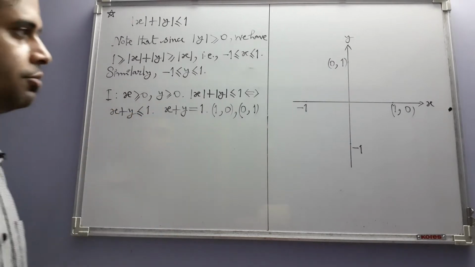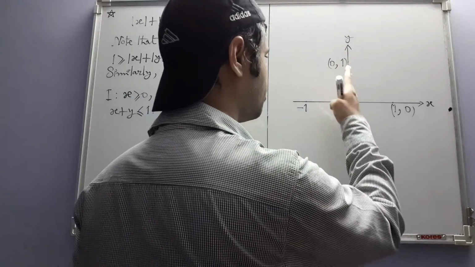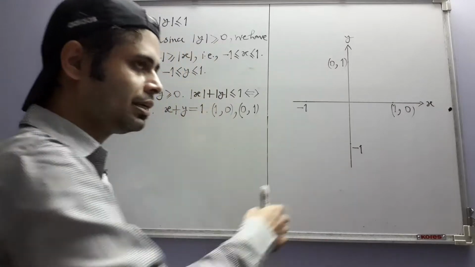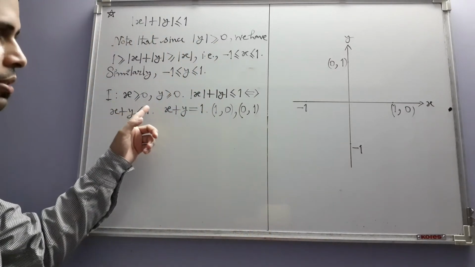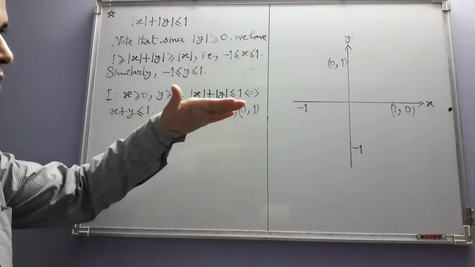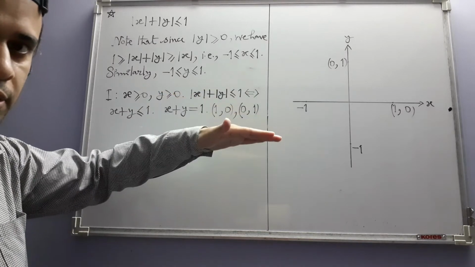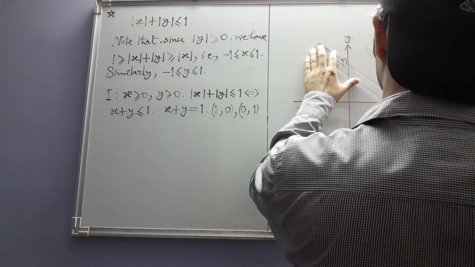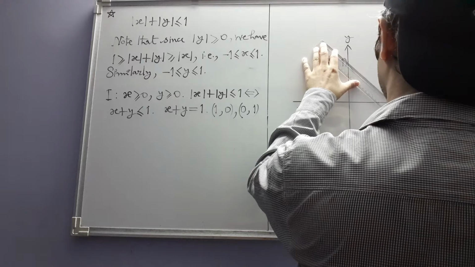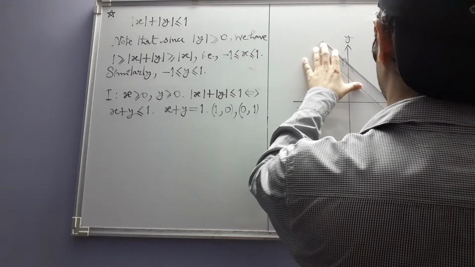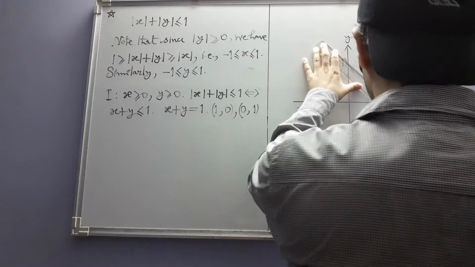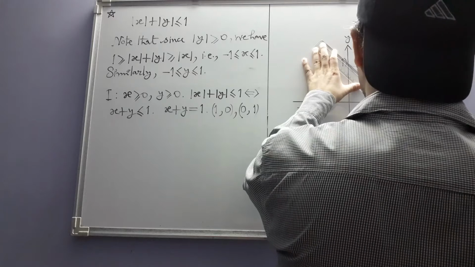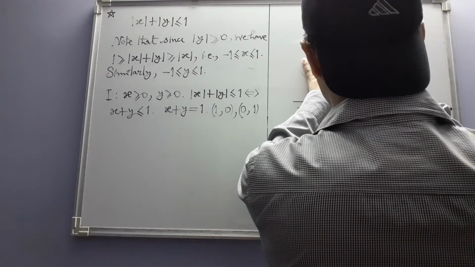So let us draw the line, but at the same time keeping in mind that x and y are both non-negative. Non-negativity of x forces us to be to the right of the y-axis. Also we can be on the y-axis because x can be 0, and this inequality forces us to be either on the x-axis or above it. So in our straight line we cannot really take an unbounded straight line, but we have to take a line segment that joins these 2 points.